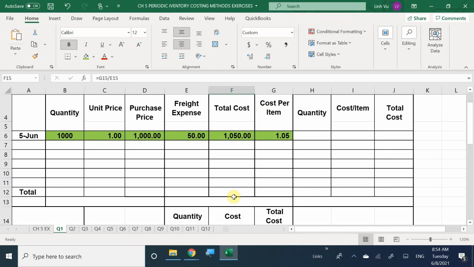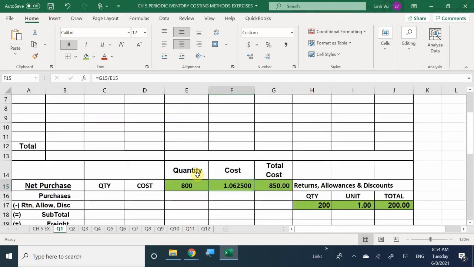Since I returned 200 of them, I only have 800 toys that I can spread the $50 across. All right, giving me a cost per item of 1.0625. Okay, 1.0625. So now, because I'm keeping my batches in color, that way I can make sure that I